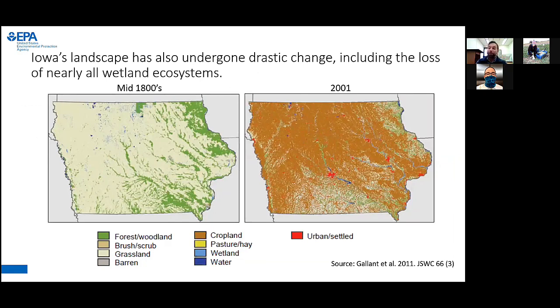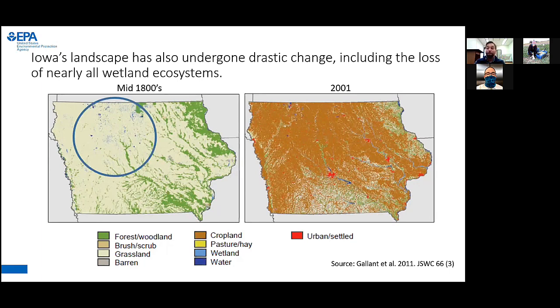The widespread land use changes from a landscape dominated primarily by grassland, forests, and wetlands to widespread cropland are clearly seen in these images of the state, showing compiled land use covers obtained from pre-settlement land surveys in the mid-1800s compared to satellite land cover data from 2001. Note that much of the historic wetland habitat shown in light blue prior to expansion of cropland was located in this region that I have circled here.